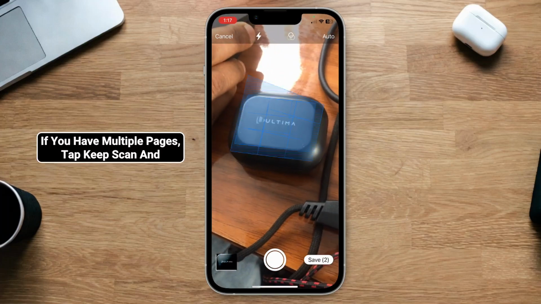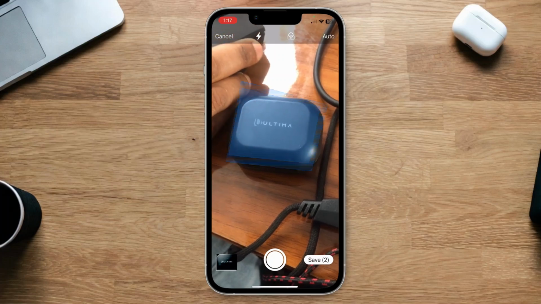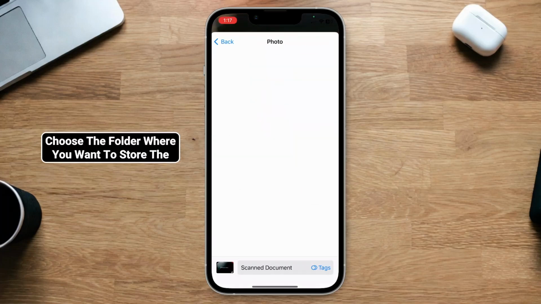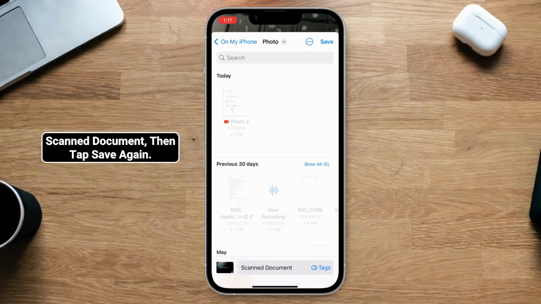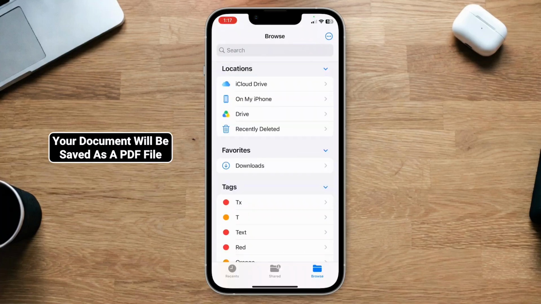If you have multiple pages, tap Keep Scan and continue scanning the remaining pages. Once you're finished, tap Save. Choose the folder where you want to store the scanned document, then tap Save again. Your document will be saved as a PDF file inside the Files app, making it easy to view, share, or